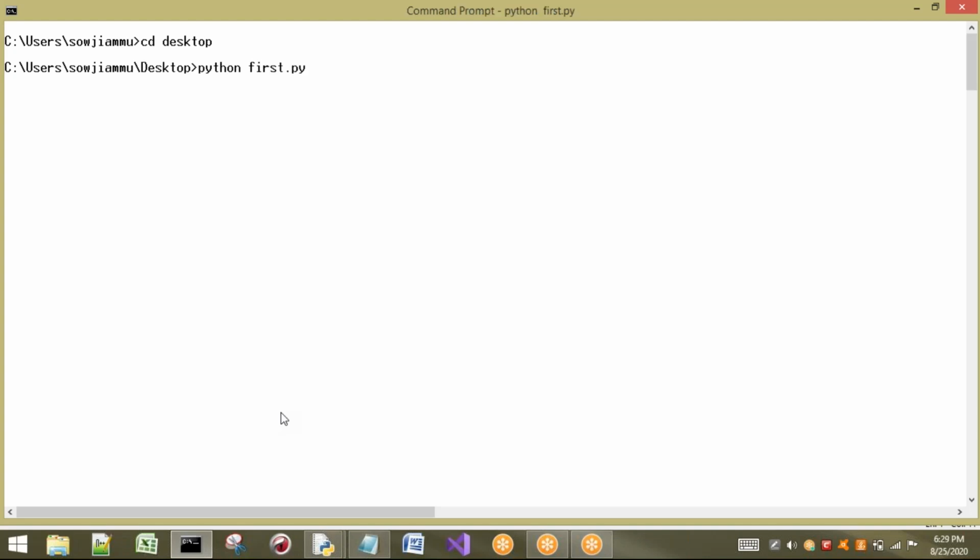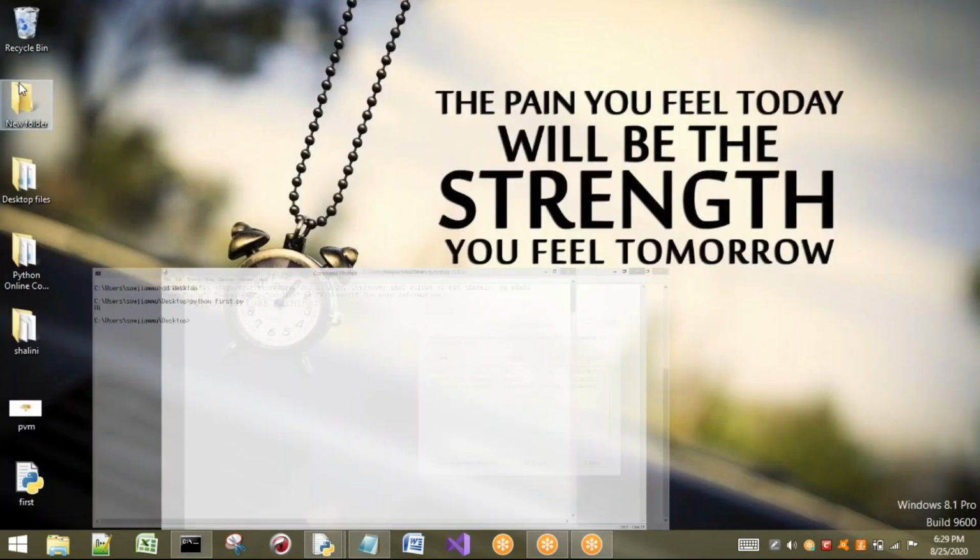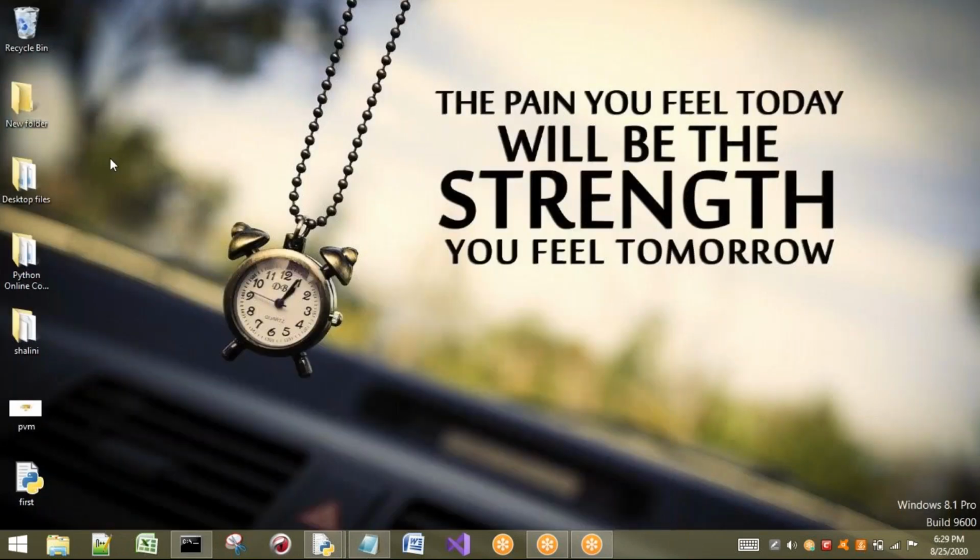First.py. Now whenever I press enter, internally something is going to happen. I don't want to explain now what happens internally, but after creating one file I will show how it happens. Internally, whatever steps I have explained till now, the same thing will happen, and "hi" is going to be printed.